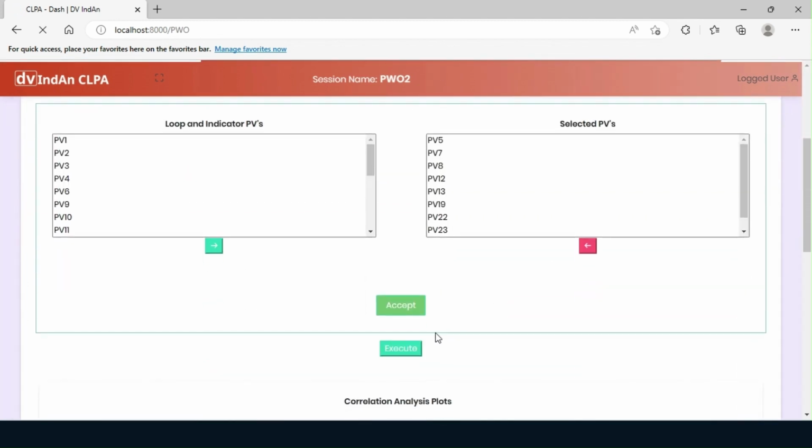Although correlation heat map is useful for evaluating the correlations between the variables, our focus at present will be the